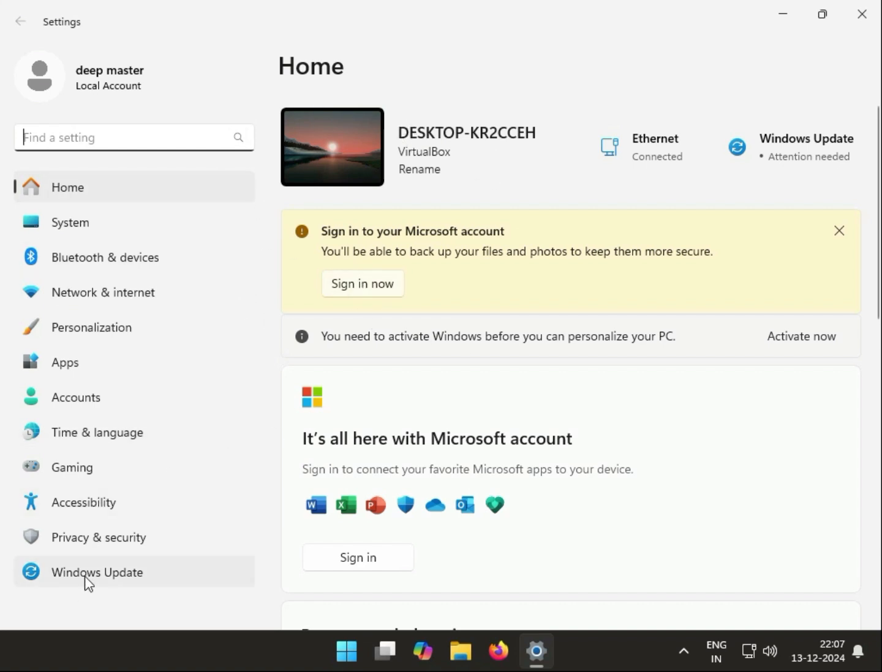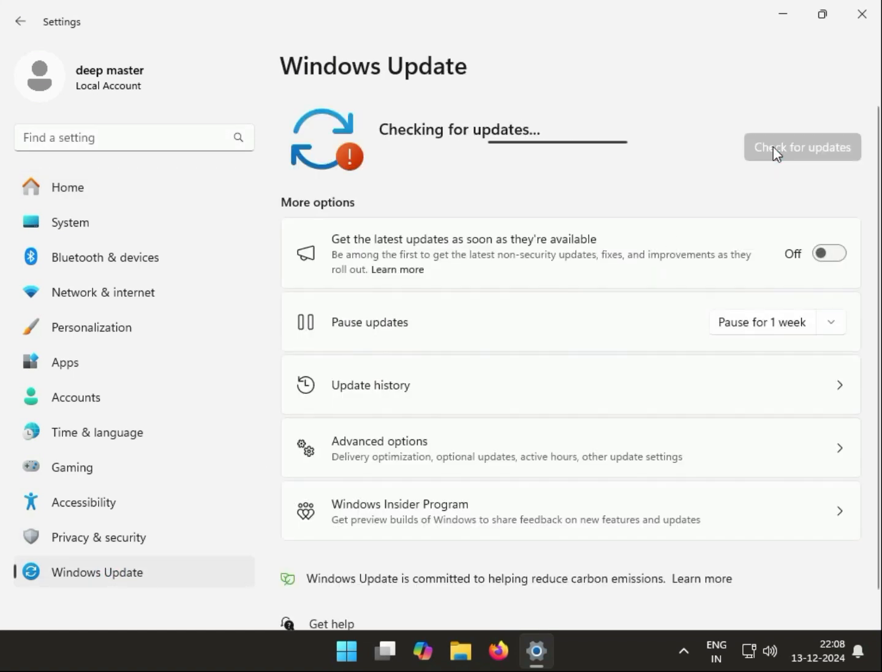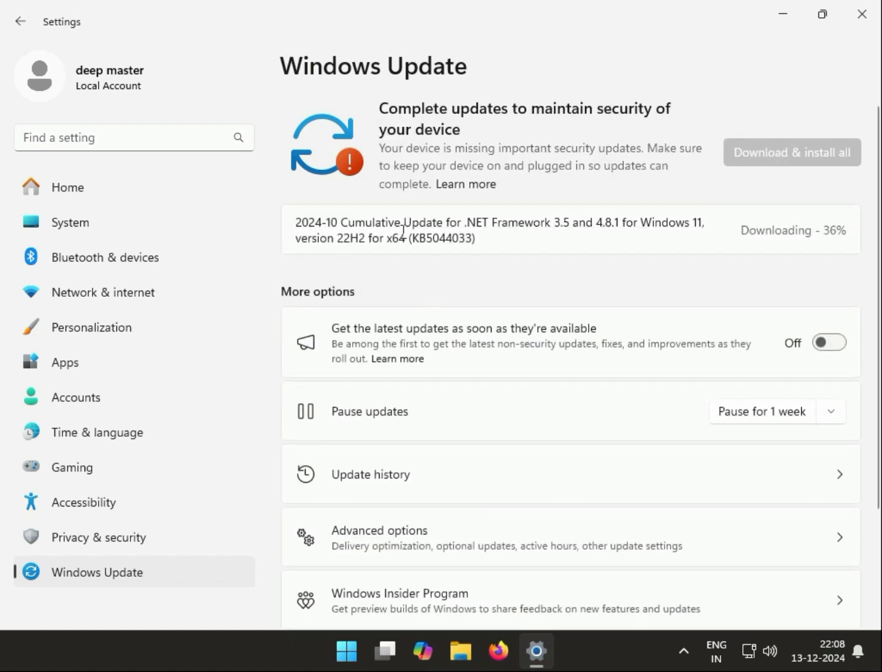So you just go to the last one, Windows Update, and then click to check for updates and wait a few seconds. It will show which updates you require, provided by Microsoft. So might be with the .NET. Now this is downloading, after that install. Okay, so .NET 3.0 and